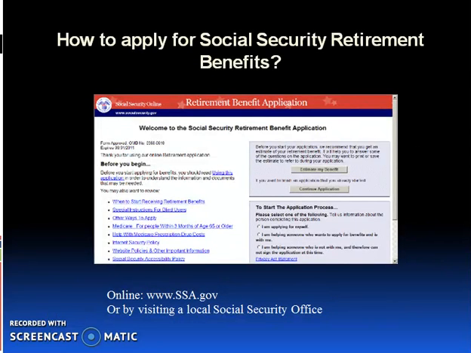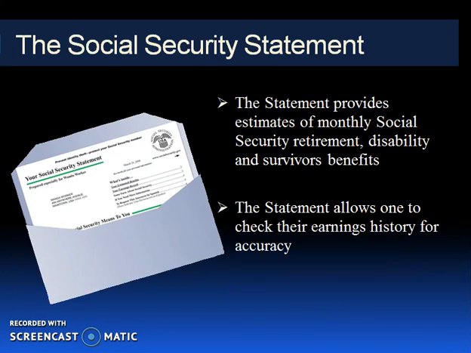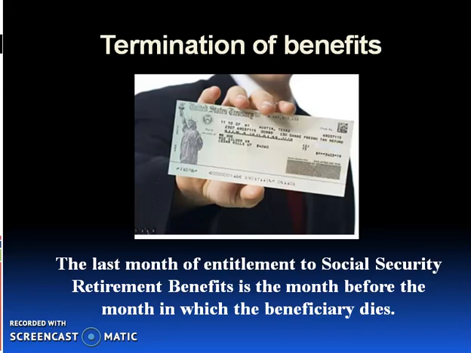I just want to touch base on how to apply for Social Security. You can apply for benefits online or at your local Social Security office. Once you do, you will receive your Social Security statement periodically. Termination of benefits: the last month of entitlement to Social Security is the month before